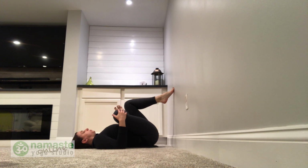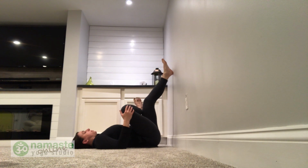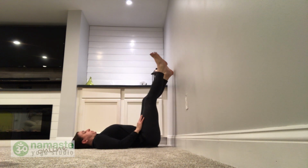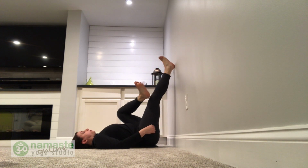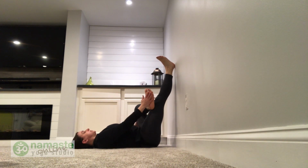Stay for one more full breath in and full breath out. And then release. Start to walk that left leg up the wall again. Release the right leg up the wall. And then we'll keep that right leg extended on the wall, cross the left leg over, flexing the foot, spreading